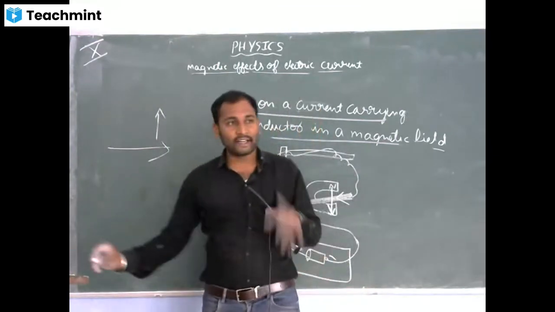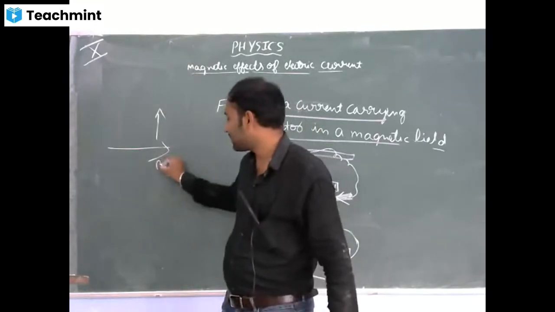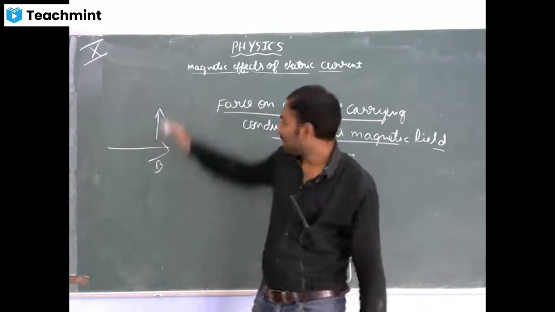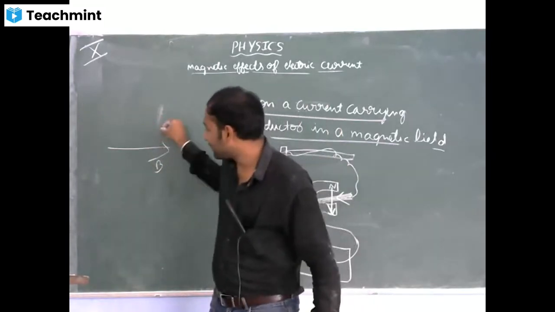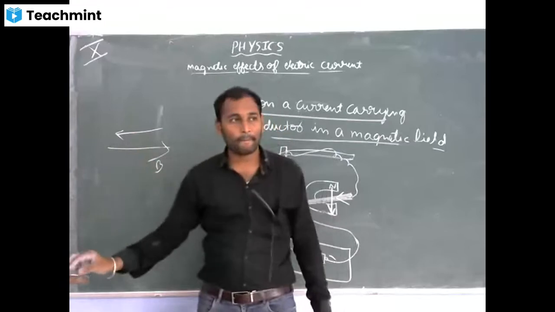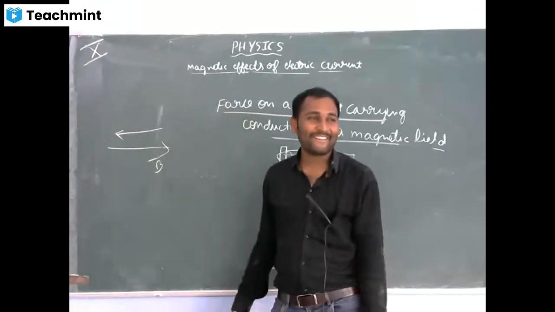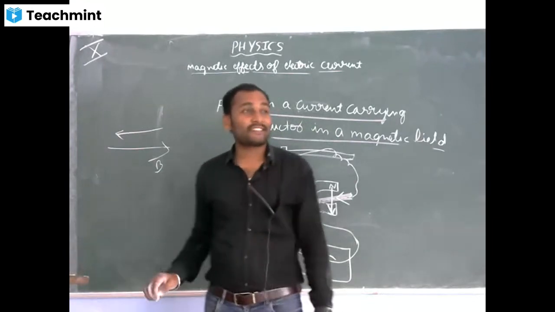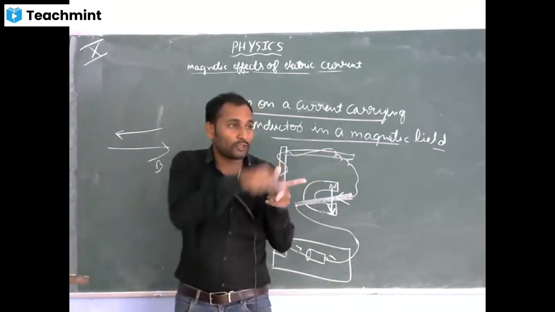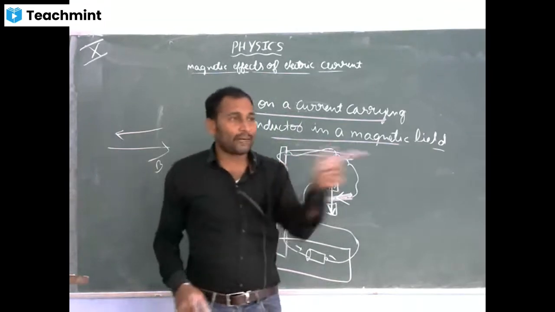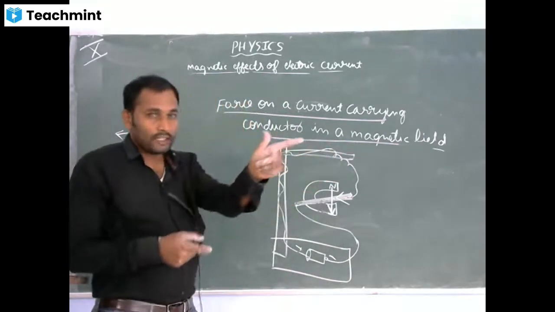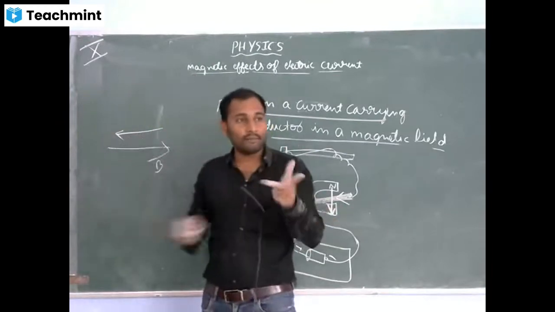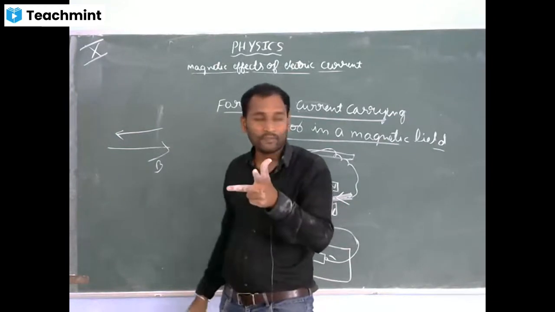Now the direction of magnetic field is this. This side to this side is the direction of magnetic field. Current direction is towards this side. It is not possible because these two should be mutually perpendicular to each other. No, it is possible with hand. Now see, one is moving this side, one is moving this side. But it is not possible because these three should be mutually perpendicular to each other.